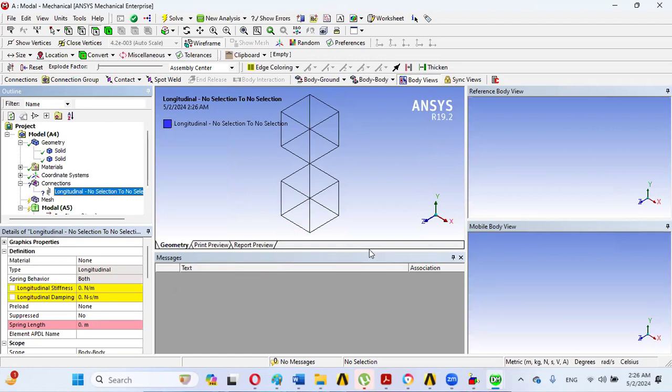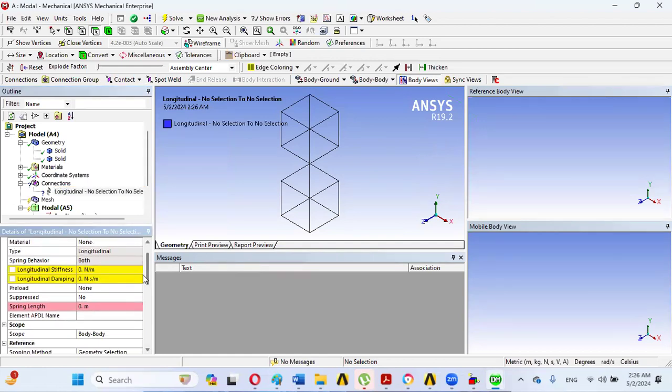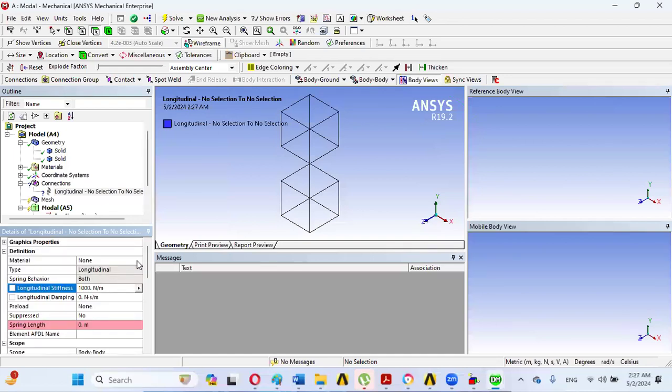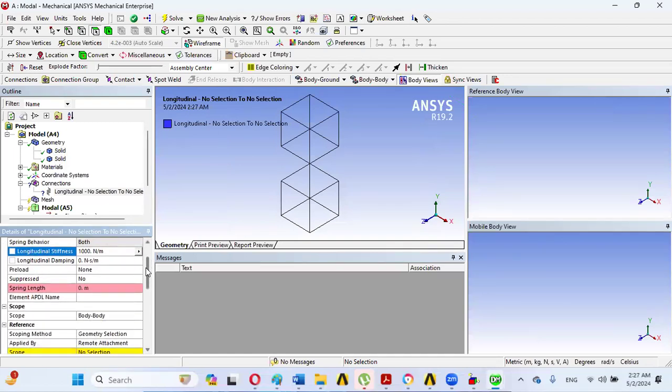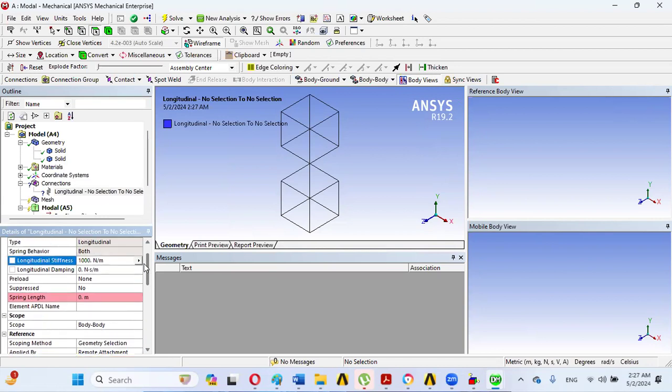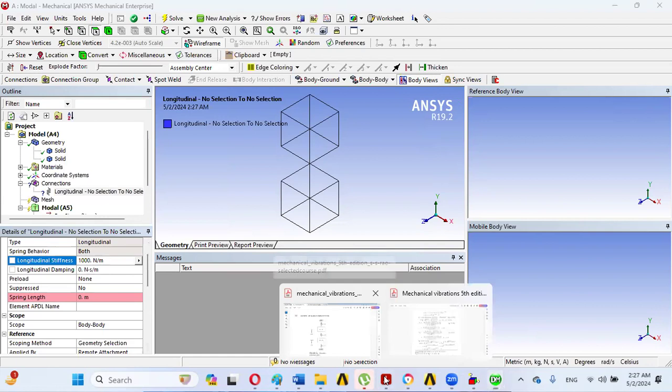Springs will be applied, and we can observe, for example, the stiffness for every spring. For example, 1000 Newton, we can simply assume that the stiffness is the same for